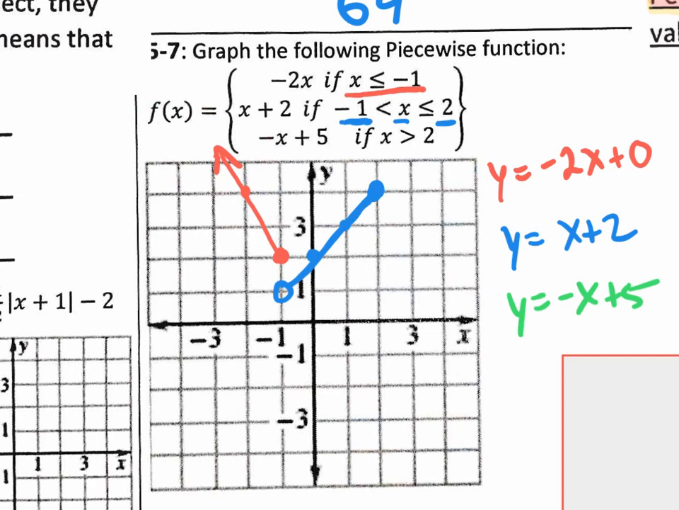That guy crosses the y-axis where? 5. The b value is 5, so it's way up here on the edge. And I will be having a slope of down 1 over 1, down 1 over 1, down 1 over 1. And I only want to show